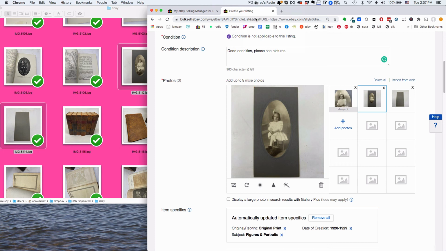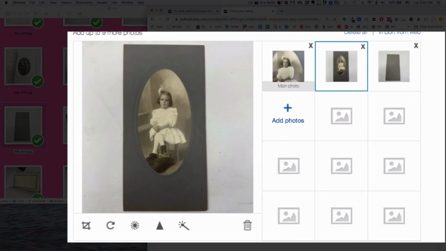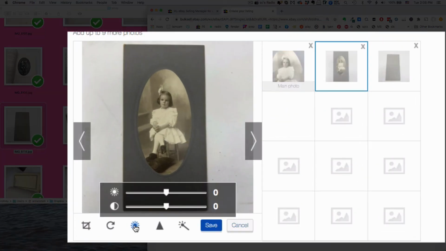Here's another one. Here's a portrait of a little girl in a white dress. And there are two ways I could fix this. And by fix it, I mean hide some of the dirt on my background, which it gets dirty so fast when you're shooting old stuff, especially old books. They're so sheddy. But anyway, I could boost this up and make the background white, but it's not a good idea in this case, and